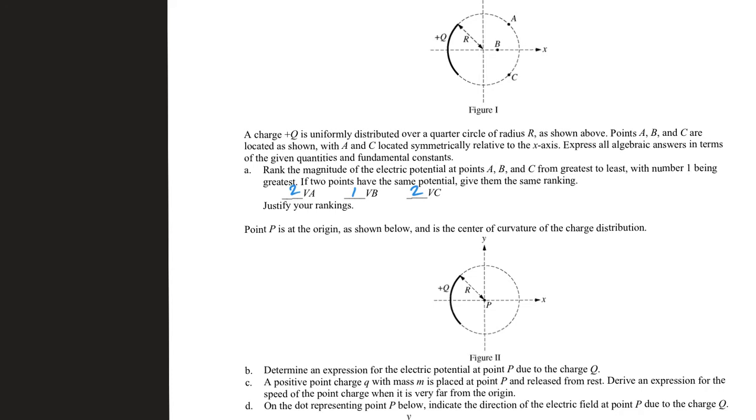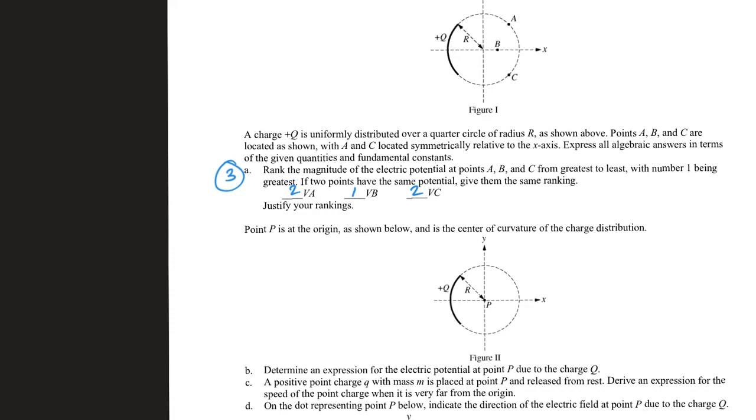So I think you only get the point for justification if you correctly indicate why B is greater and why A and C are the same. That would be a proper justification. 3 points there. All right, moving on to